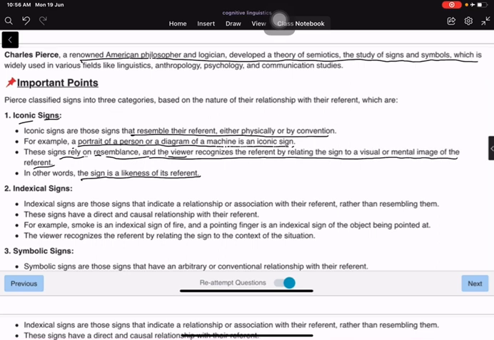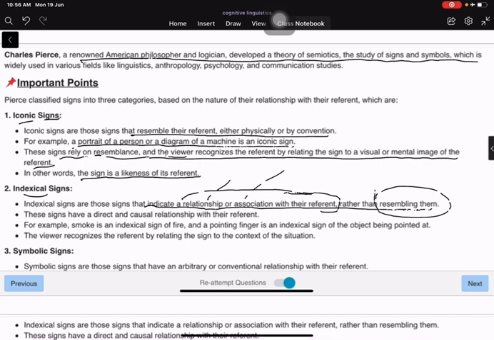image of the referent. Indexical signs are those signs that indicate a relationship or association with their referent rather than resembling them. So, it indicates a relationship or association with the referent. That's index. It does not merely resemble it, but shows the relationship and association with the referent. For example, smoke is an indexical sign of fire, and a pointing finger is an indexical sign of the object